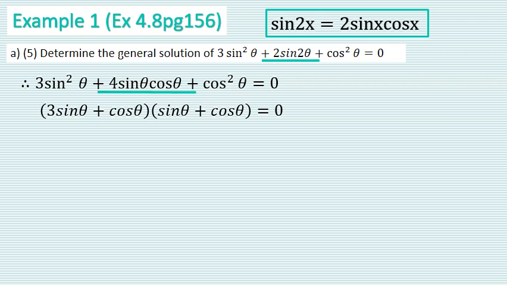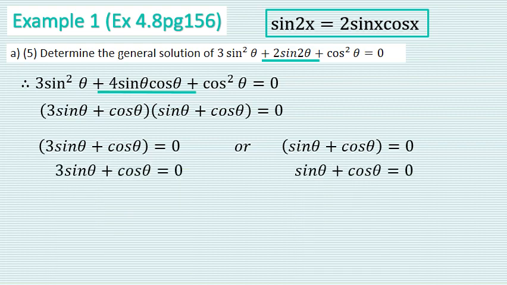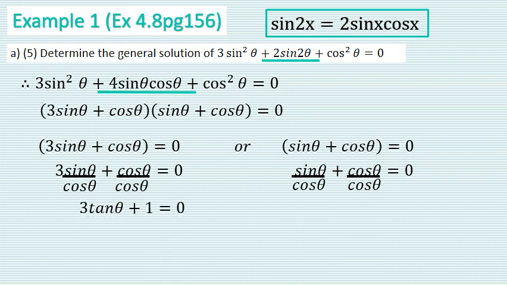So now we have 2 options. The one bracket equals 0 or the other bracket equals 0. Do you remember my first slide? I said when you see a sine and a cos and you have the exact same angle, as in theta, theta, theta, theta, we can divide everything by cos theta in order to get a general solution in terms of